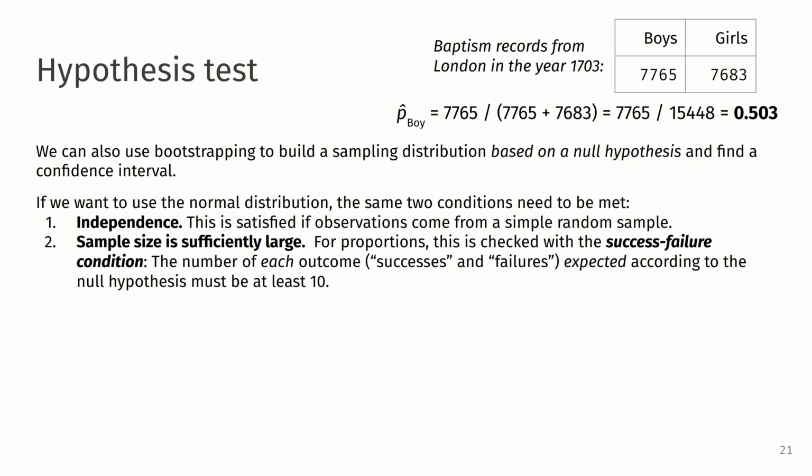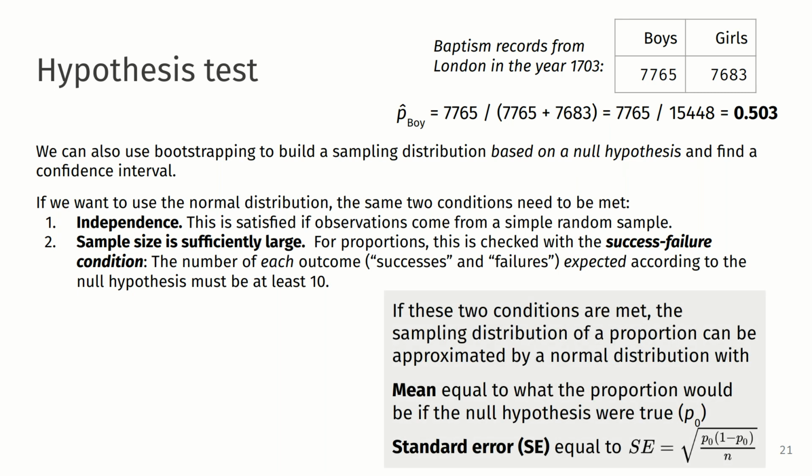Well, actually it's a little bit more complicated than that, because the number of each outcome that is expected according to the null hypothesis needs to be at least 10. So what do I mean by that? Well, we'll see that in a second when we go through the calculations, but if those two conditions are met,